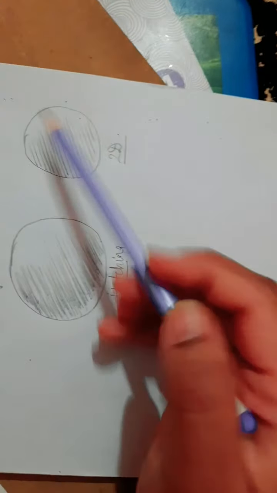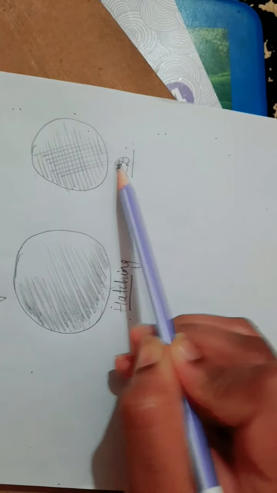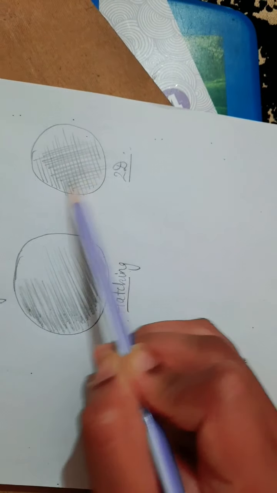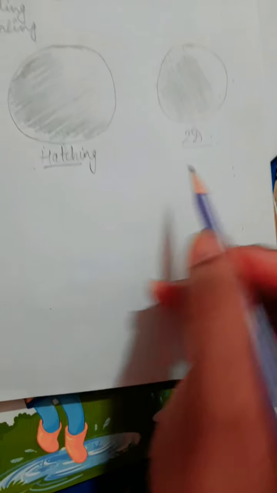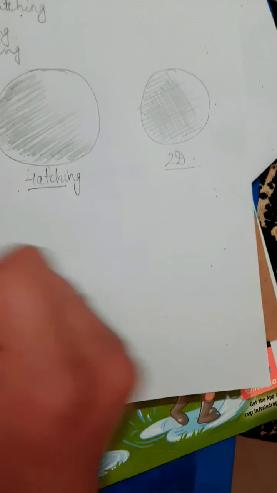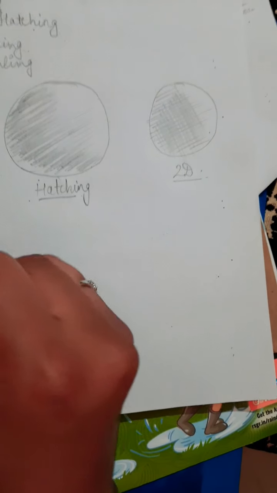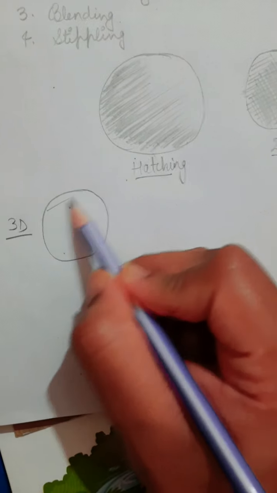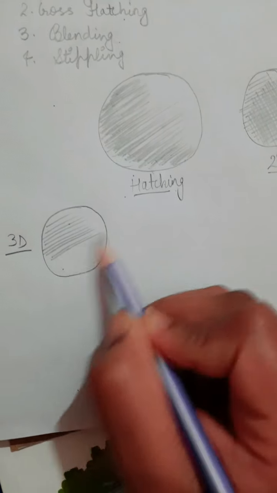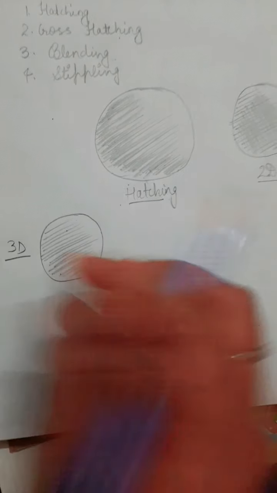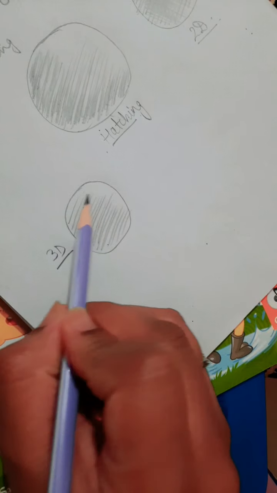Now I will make lines in the opposite direction. So this is two-dimensional hatching. In this way you can create different shaded sides of the drawing. Now you can use three-dimensional, in which you have to make fine lines in three directions. So we have at most four sides or five sides of five-dimensional hatching.